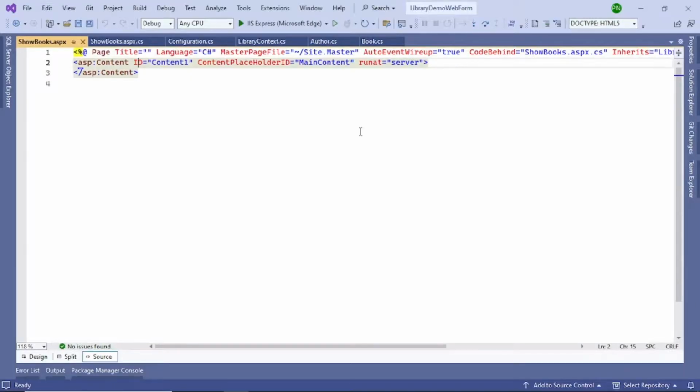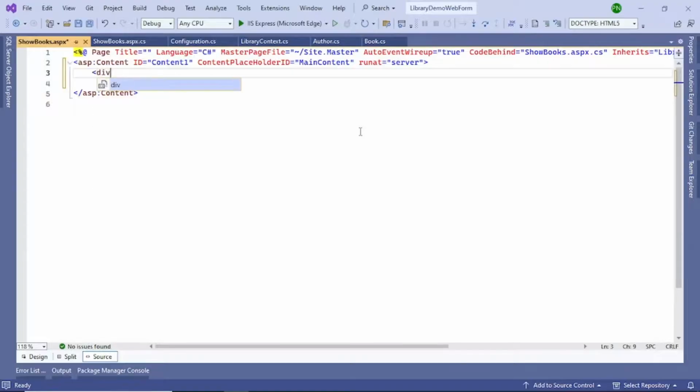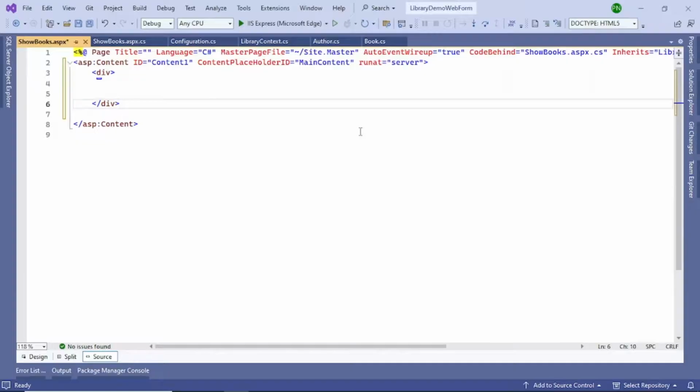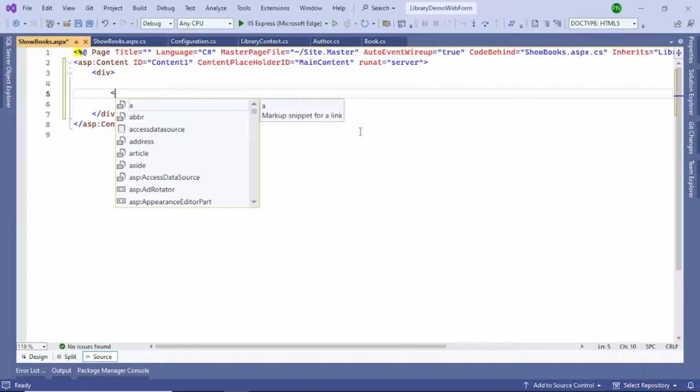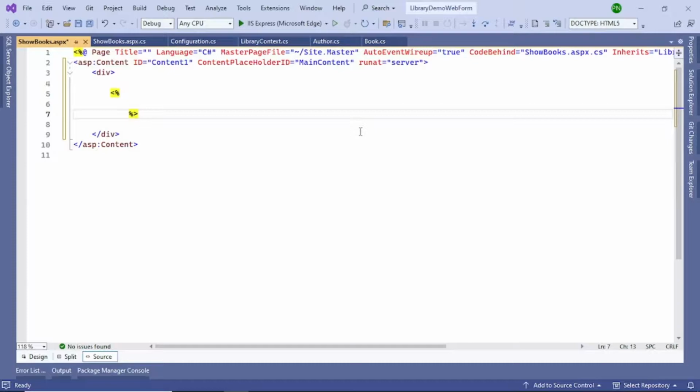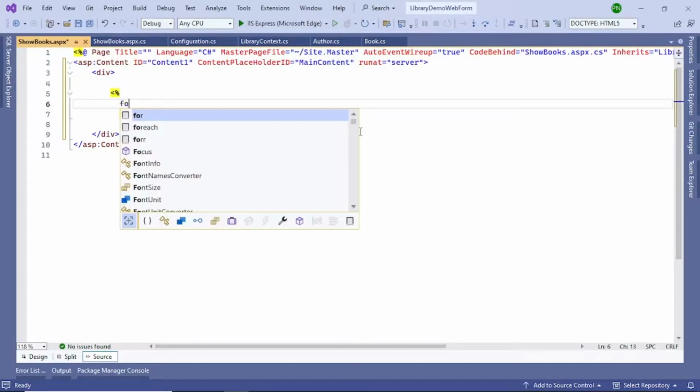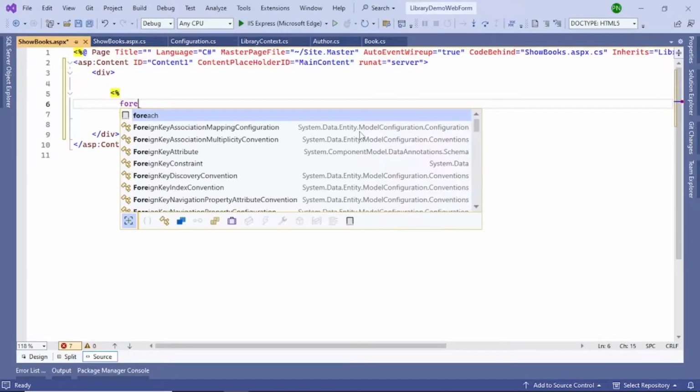So here we can add some code. I will not go into much detail of styling and all those things, that's a separate topic in itself. So I'll keep it simple. My intention is to show you how you can show this data from the database in the UI page. So if you want to write some code behind in your ASPX, then use this kind of notation. And then I will use a foreach loop here to retrieve the item and show it here. So foreach